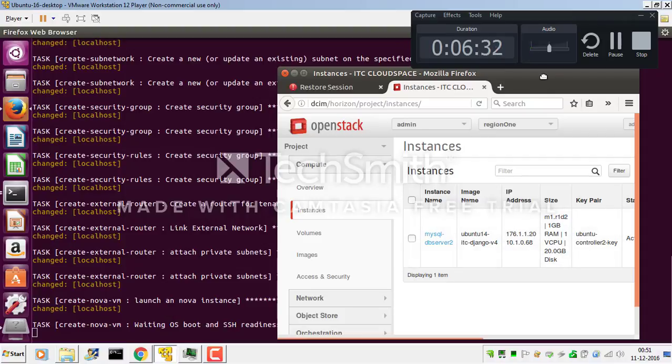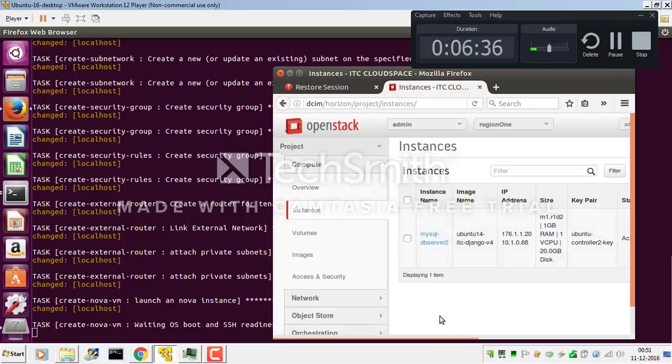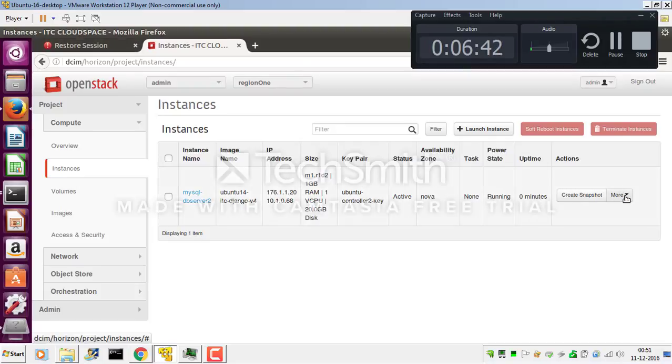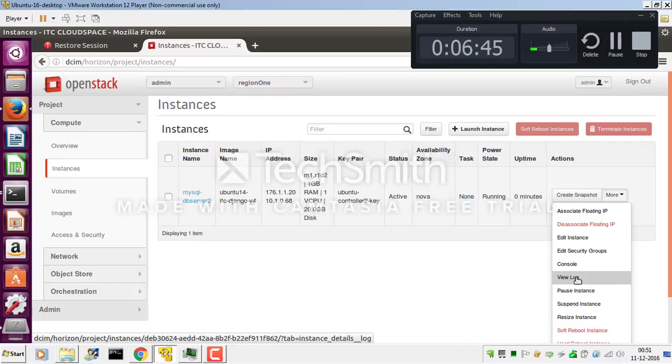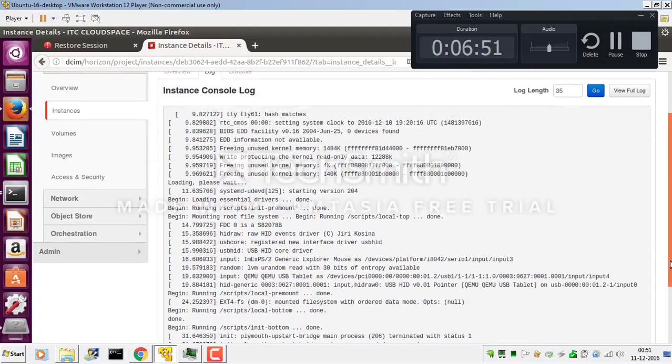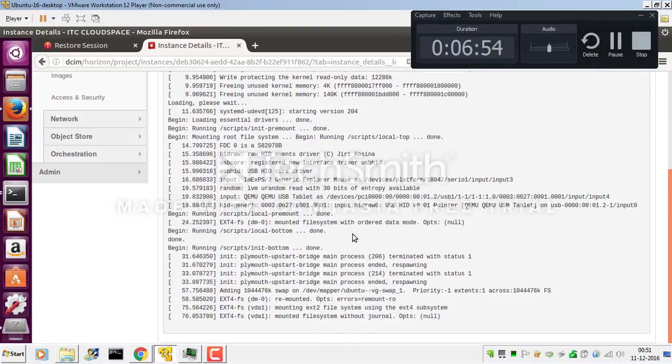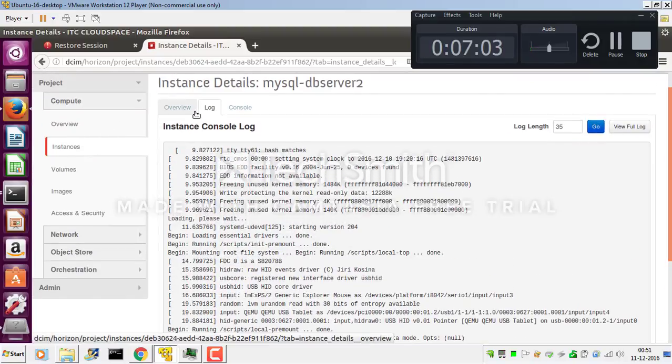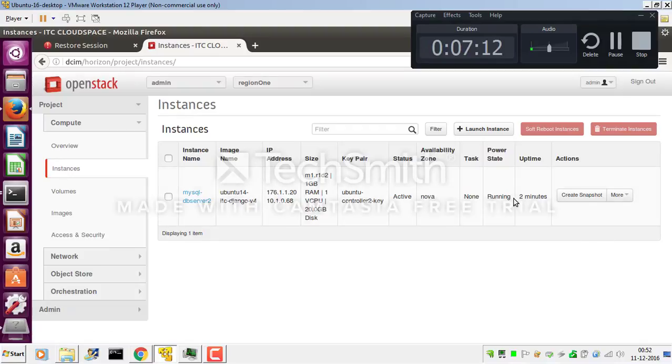While it boots, we can go to the log and see how the system boots. Yeah. So this is why it takes time, because it will be booting one by one, following the steps here, and then the system is ready. We'll go back to our instance view, and this is going to 2 minutes now. It's going to take some 10 minutes at least till the OS comes up. Meanwhile,